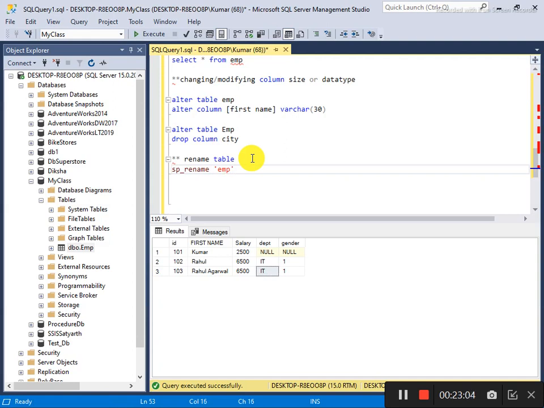What you want to give is a new name, like employee, then you will execute it. sp_rename will change the name of the table.